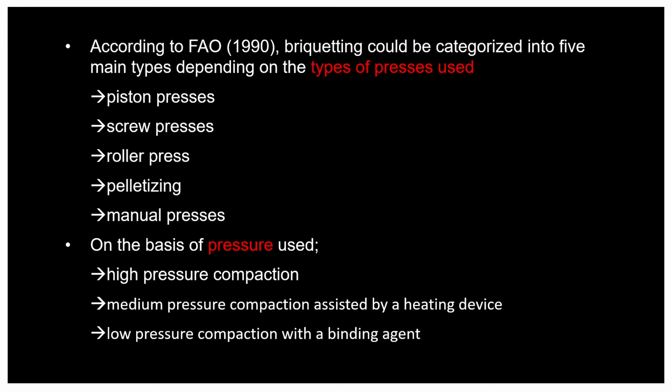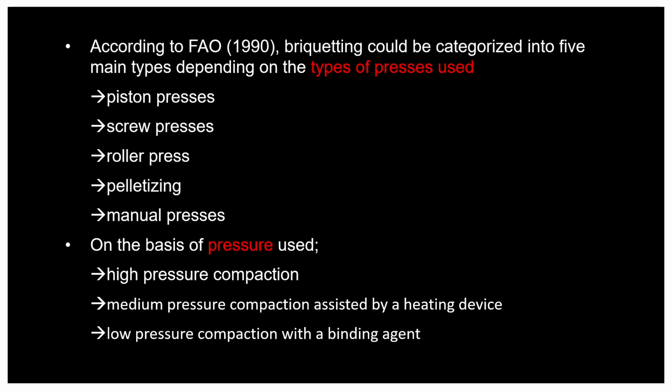When the high pressure is applied, the temperature is increased. So during the simultaneous application of high pressure and high temperature, the lignin which is present in the material will squeeze out, and that lignin itself will act as a binding agent or adhesive agent to hold the materials as a single part, and it will form a definite shape. And if naturally lignin is not present, we can add an external binding agent